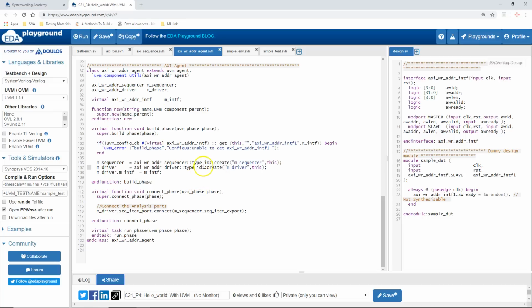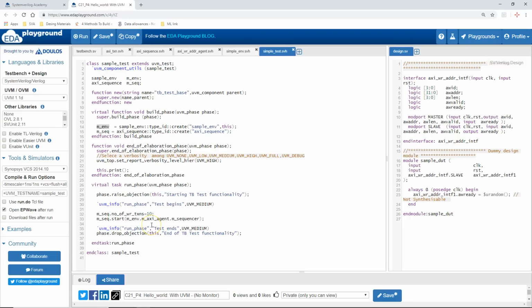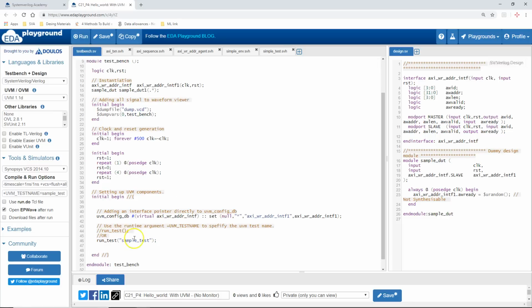Also remember that the build phase of every class is called after creating the object of the corresponding class. Thus at the end of the build phase, the hierarchy of UVM will be created. That is, at this point your top level test class object will contain the env class, the env class will contain the handle of the agent class, and the agent class will contain the handle of the sequencer and driver classes. If you are not really clear on this point, you can ignore it, but understand that when this run_test is called, the whole TB hierarchy will be automatically created for you.